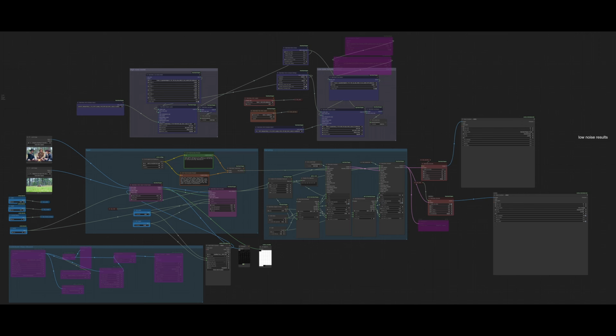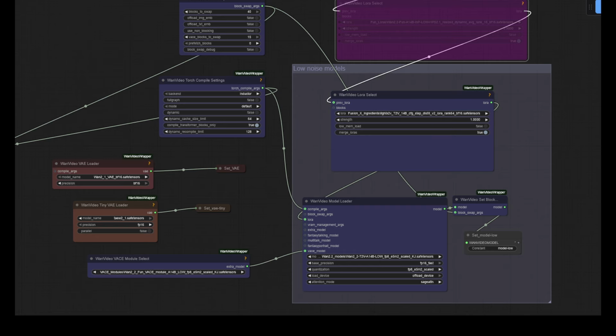So what are the facts as we know them with this workflow? Well, better get stuck in straight away, and we will begin today's adventure with the model section. What we are looking at is the low noise model loading section of a workflow that uses first frame, last frame images, and then uses a ControlNet driver to make the video. I will get to those sections shortly.